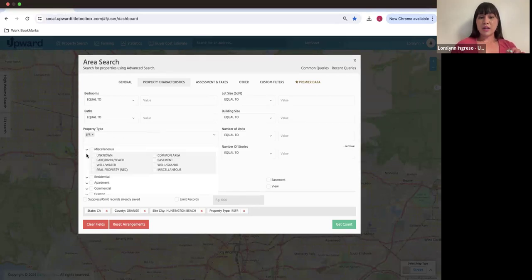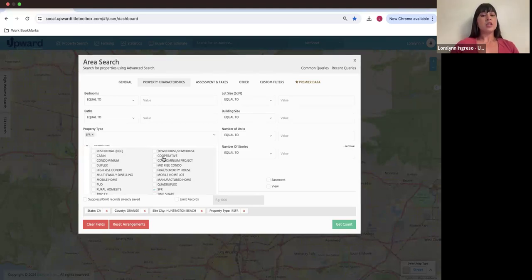So if you keep pressing the drop downs, you can then click on that. I want to do residential. I can be very, very granular with my search. I can do duplex, high-rise condo, mid-rise condo, condominium project, a co-op, mobile home lot, frat